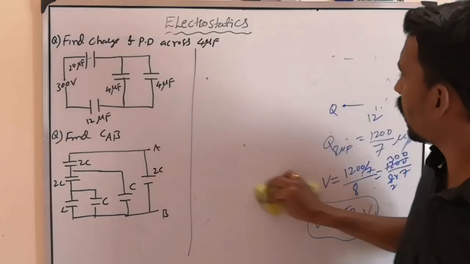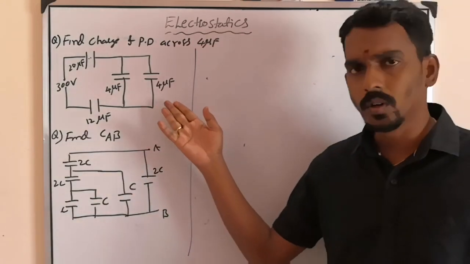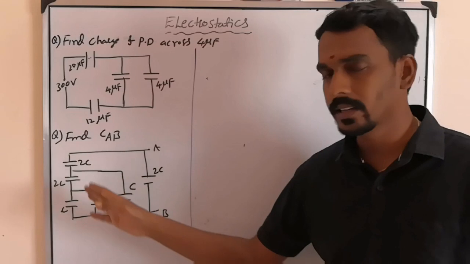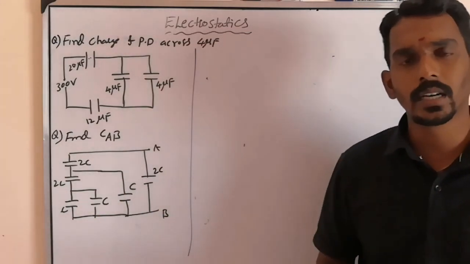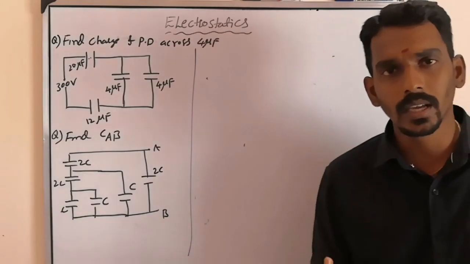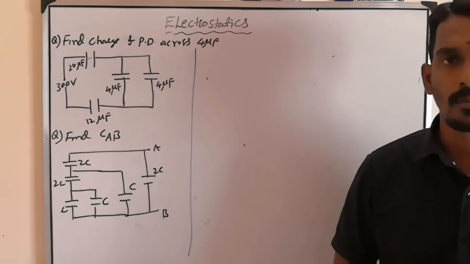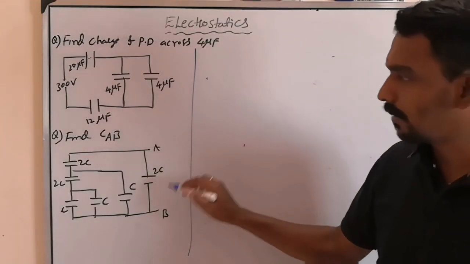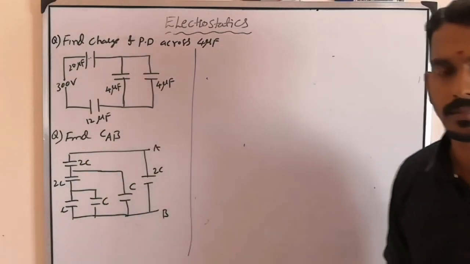Another important question type is this, and if you know this, it is simple, because here they will just ask for the resultant capacitance only. So you don't have to bother about potential difference or charges. You only need to bother about series and parallel combinations, like here. Between A and B, what is the effective capacitance? Total 1, 2, 3, 4, 5, 6 are there.